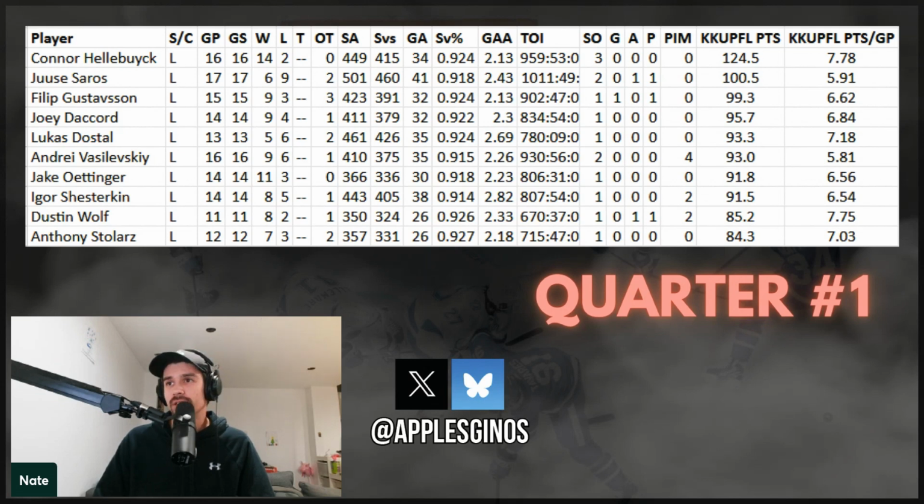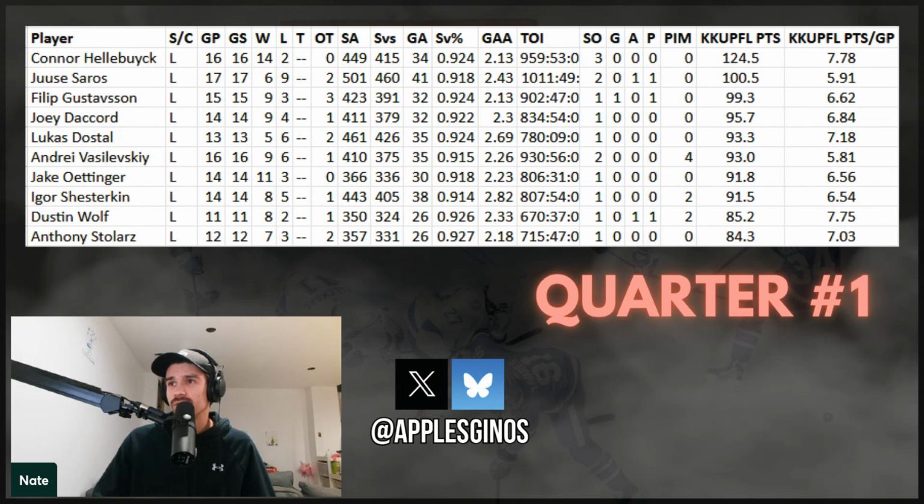And really, what I'm trying to do here is just highlight the variance of the goaltending position throughout the course of the season. A lot of times we tunnel vision on the current set of circumstances that we're seeing. And a lot of times at the end of the year, we only really are thinking about the goaltenders who performed during the last quarter of the season. But realistically, if you look back, there were goaltenders who gave us really good different parts of the season. And if you were able to piece some of that together, you could actually provide yourself with really good goaltending throughout the course of the season. And it's not as hard as some people might have you believe.